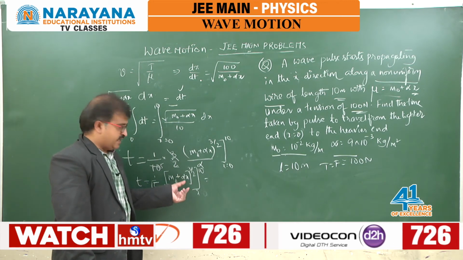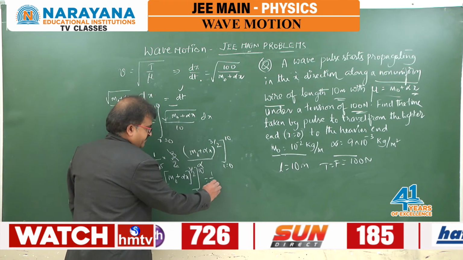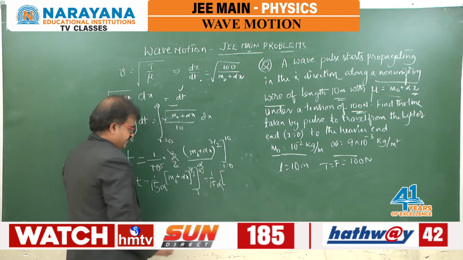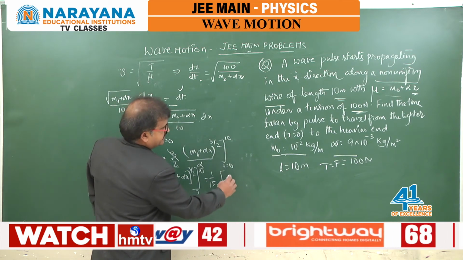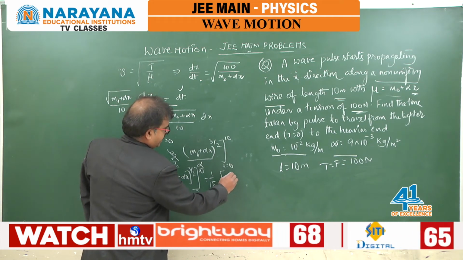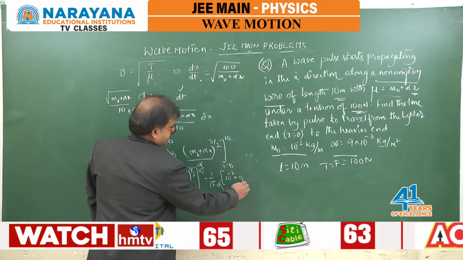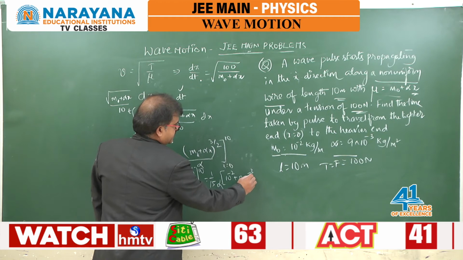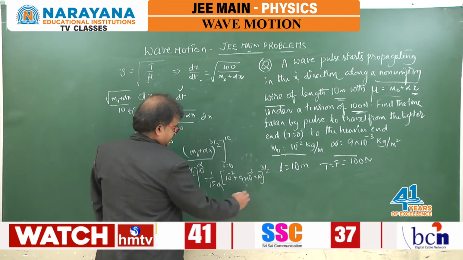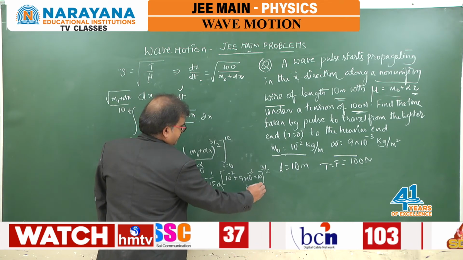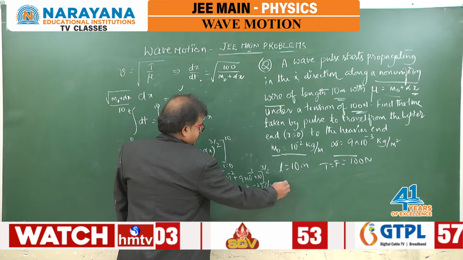Mathematically we can extend this: 1 by 15 alpha times, mu naught value is given as 10 power minus 2, plus alpha value 9 into 10 power minus 3 into 10, power 3 by 2, minus 10 power minus 2 power 3 by 2. Which gives